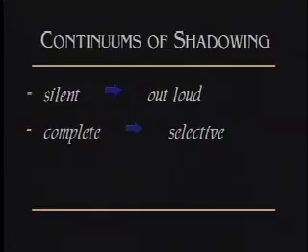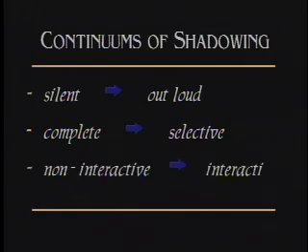The third continuum that we talk about is interactivity, or how interactive you actually make your shadowing. It includes selective shadowing, but it adds short comments and questions like, wow, interesting, fantastic, oh, why, or where, or what. And so it's very easy to add these in. We take students usually through exercises of doing complete shadowing first, then selective shadowing, and then interactive shadowing. And it becomes very, very natural.